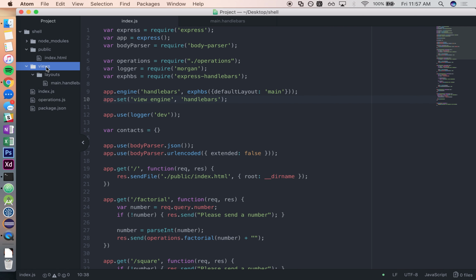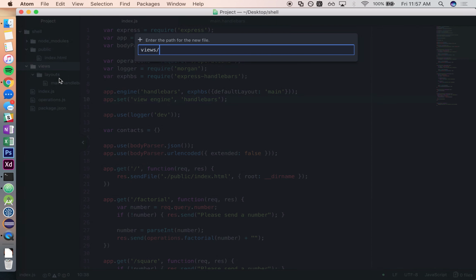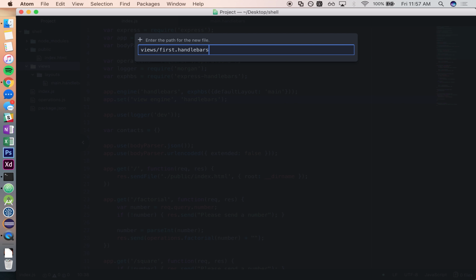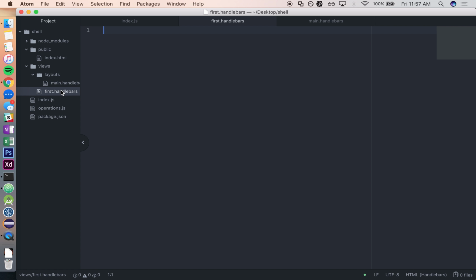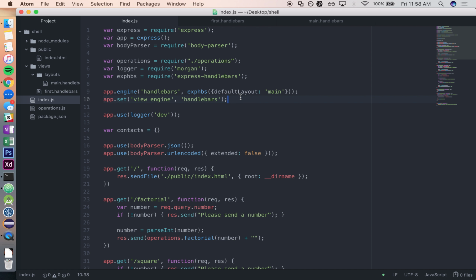All right, cool. So then we actually want to create another file called first.handlebars inside of views. Make sure this is in views, not layouts. So now we're going to put some random text in first.handlebars, then go into our index.js file, and inside of here, instead of doing send file, we're going to do